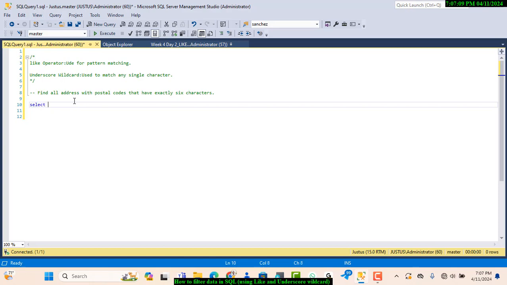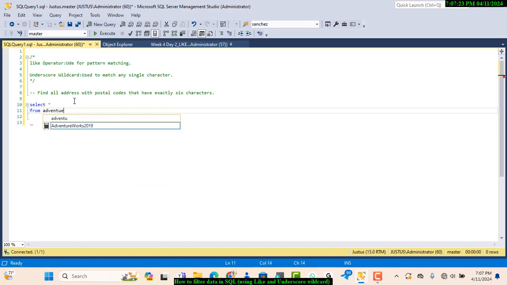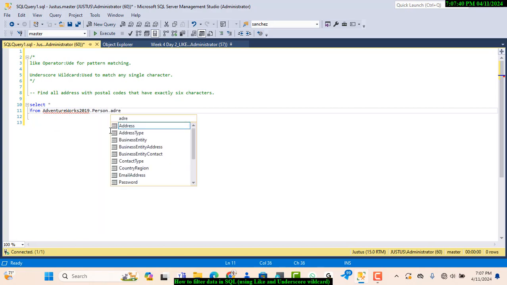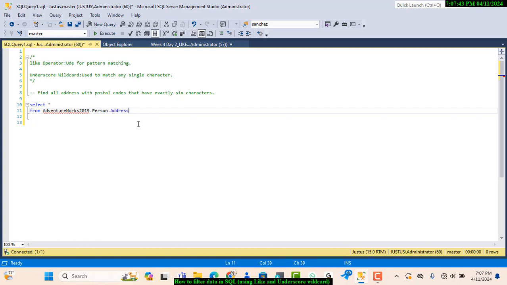So I'll first type select star from the table here. I'm going to use the normal table that I normally use, that is the person. This time around let me use a different table. I'm going to use the person address table. So I'm used to person.person, but let me use person.address. Okay, so if I run this one,